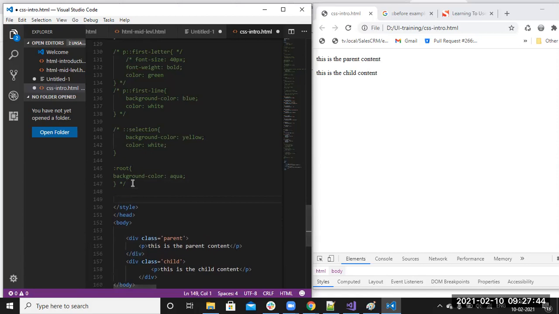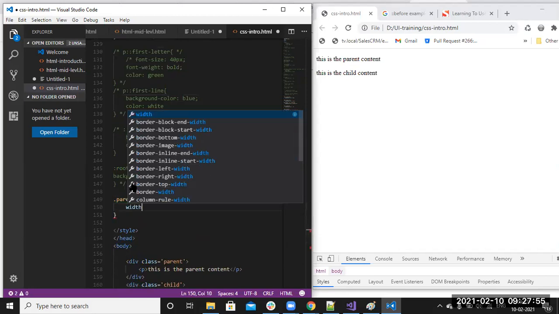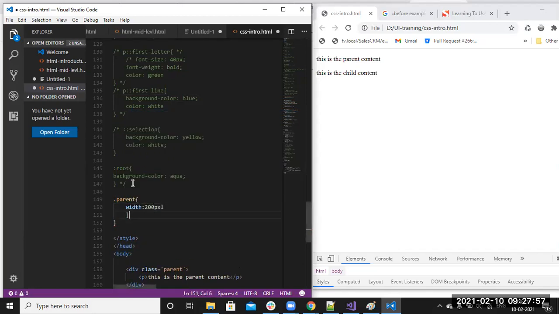Now what I am doing is, I need to select the parent. How can I select it? By using dot parent. So this dot parent I'm applying with width 200 pixels, height also 200 pixels, and some background color.